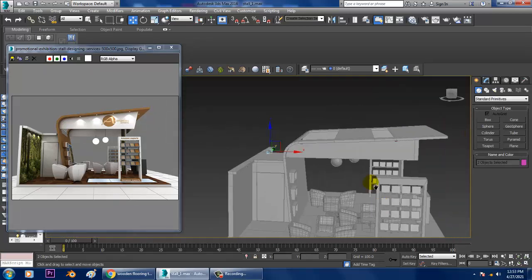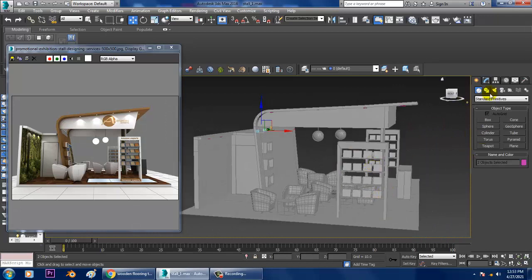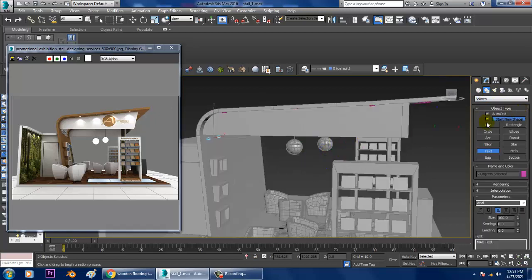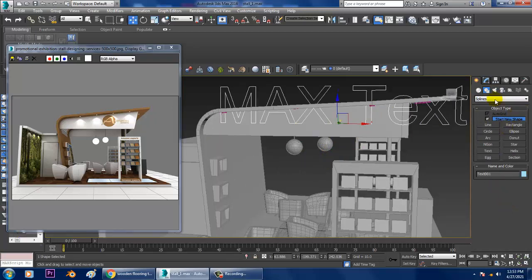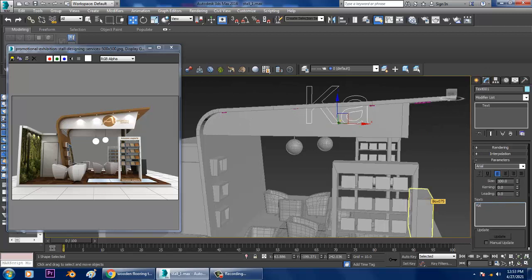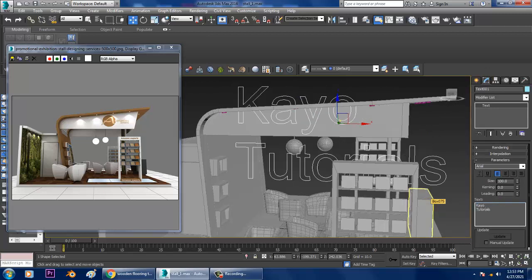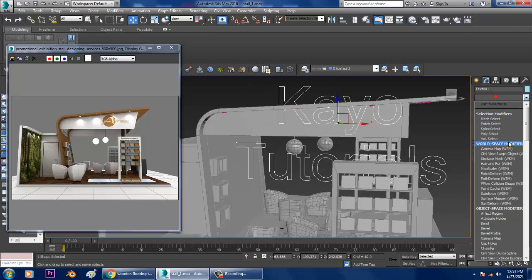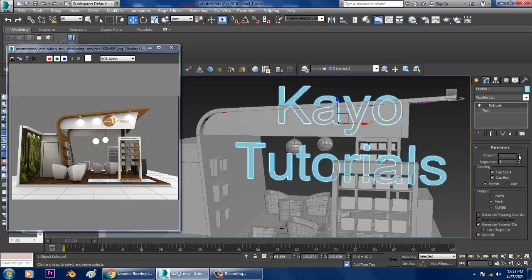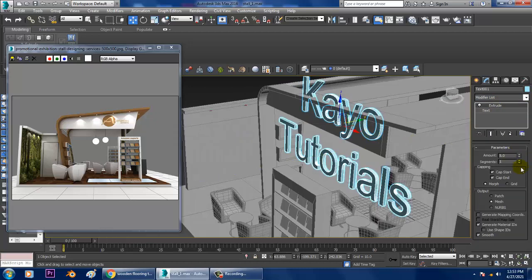So we have done this. I'll go into the text and write a text, that's KO Tutorials. I'll select this whole thing, align it to center, and give an extrude modifier.